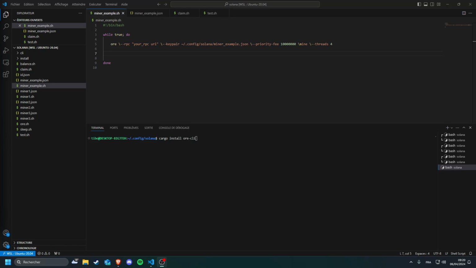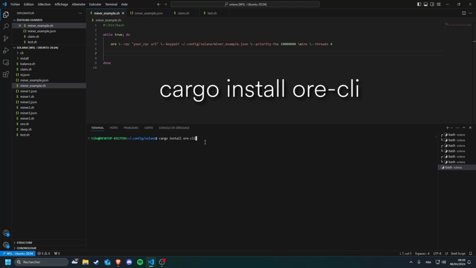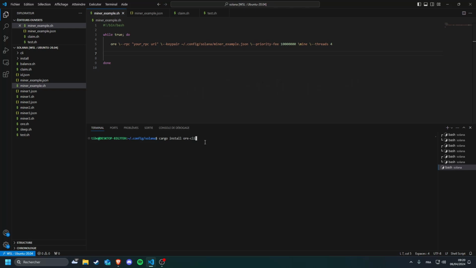For those who use the ORE client to mine, I suggest you update your current version of the ORE client. This is going to fix a lot of bugs, like the first time you mine with the client. Now it should be working. So just type a little command called cargo install ore-cli. It's the same command that you used to install the ORE CLI. If you repeat it, it will update the package. So just type cargo install ore-cli and press enter. For me, it's already installed, but for you, you will see a lot of things going on. Just wait for the end of the process.